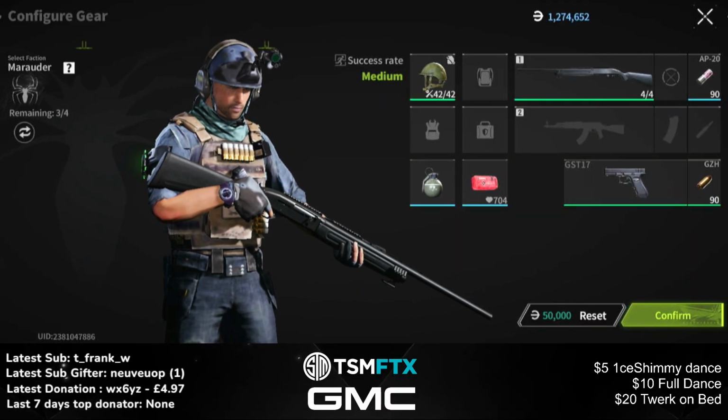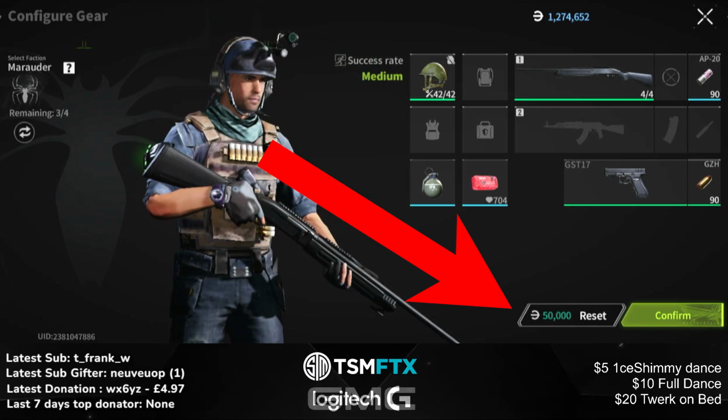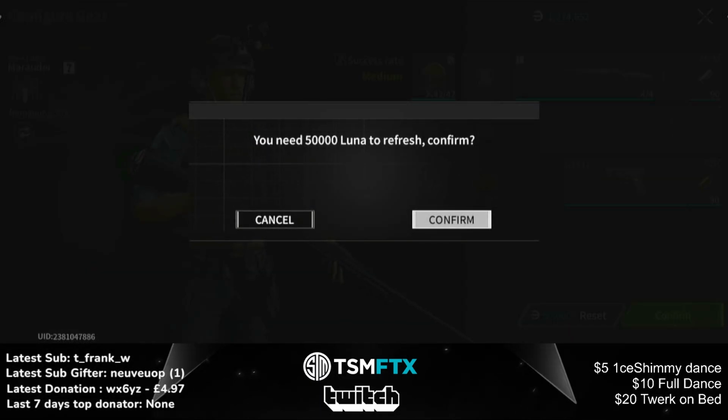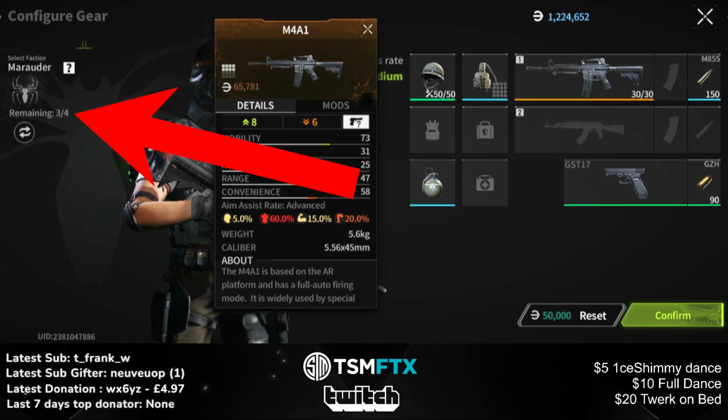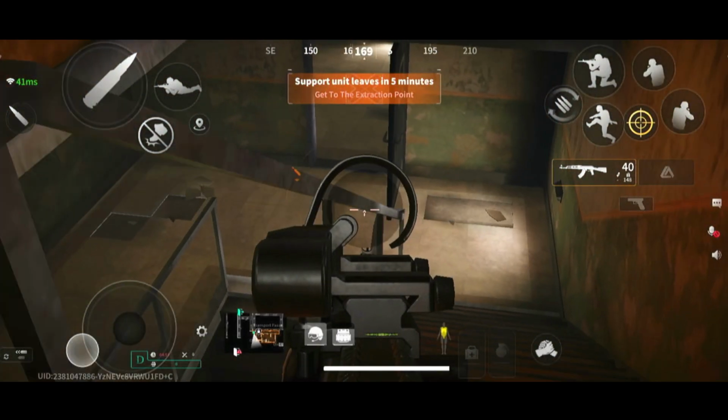The set you get changes every run, or you can click this refresh button and get a new set of items for a price. Playing as a Marauder uses energy, and energy refreshes 1 every hour. As far as the gameplay mechanics go, once you're in the map, everything is